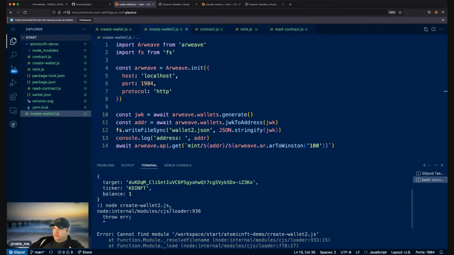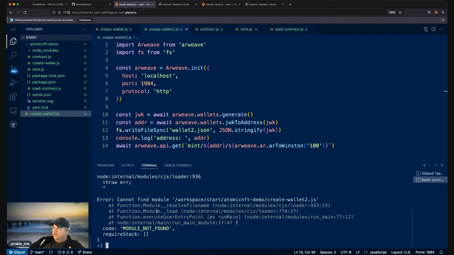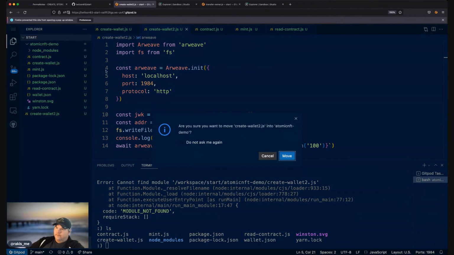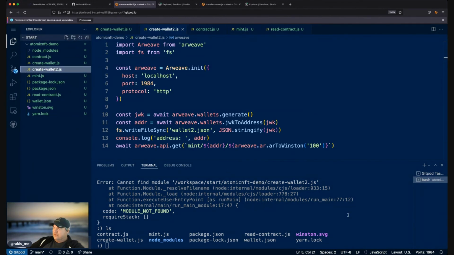Oh, what did I do? I just didn't put it in the right directory. Oops, hang on. Okay. So we got create wallet 2,